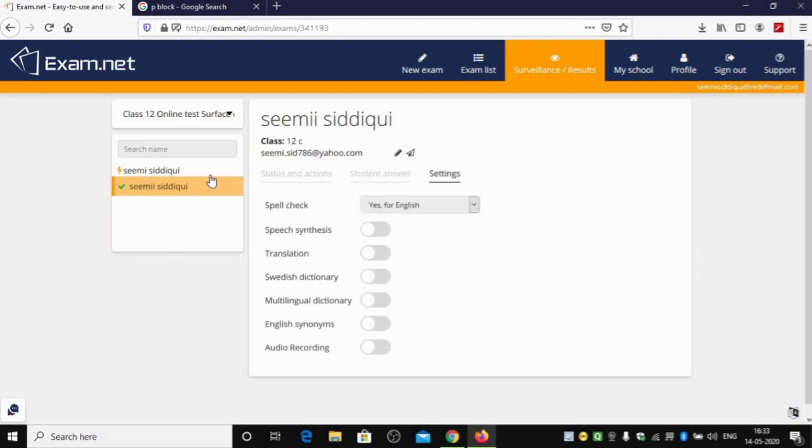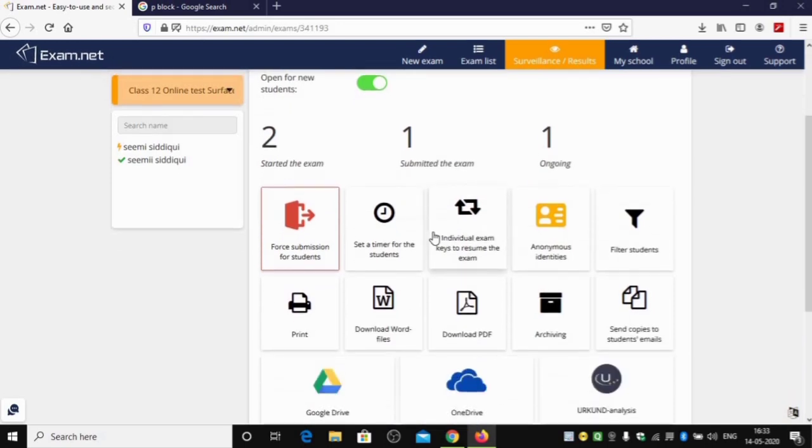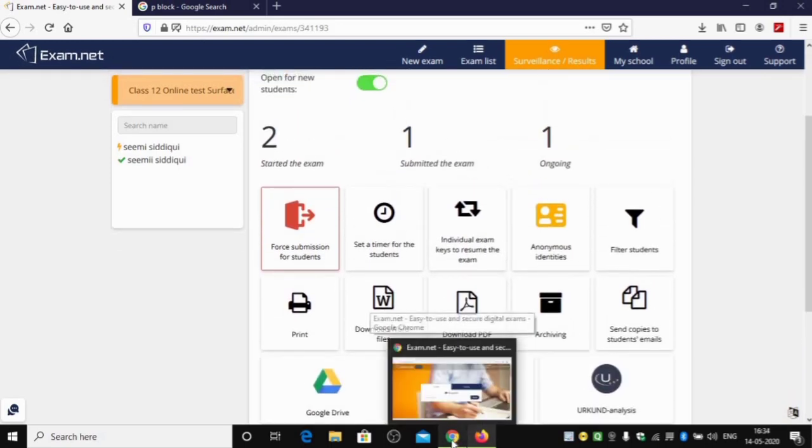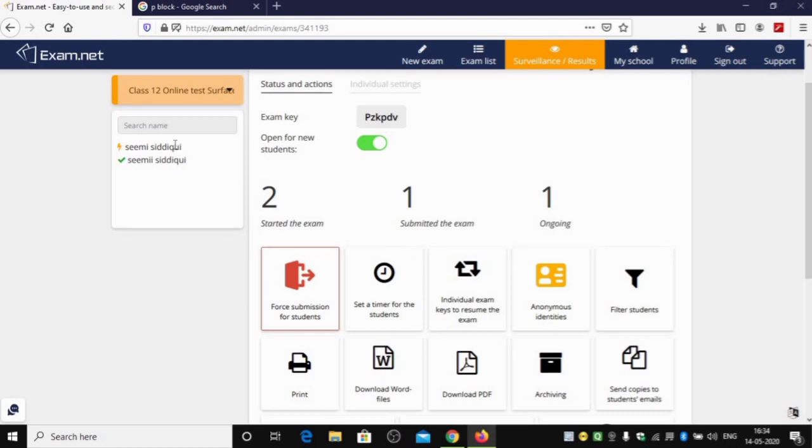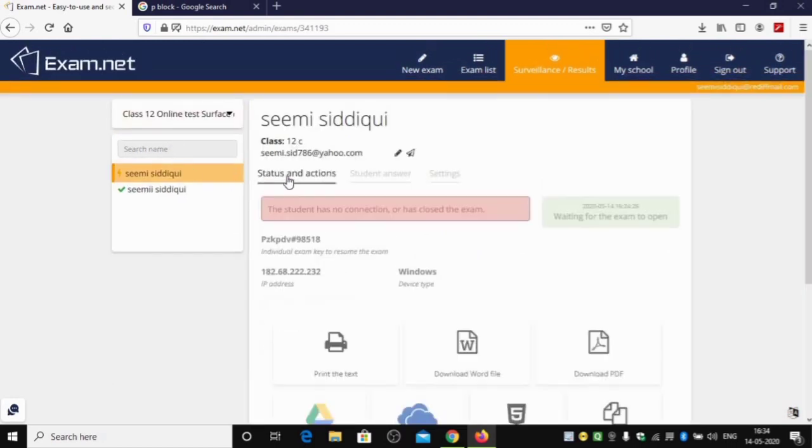Do not try to cheat during the exam as it will be monitored, and the main thing, it will start exactly at 4 p.m. Saturday and be over at 6 p.m. Saturday. So you need to manage your time. You can give this exam through your mobiles also, but laptops are preferable as it is quite easy to type on a laptop.